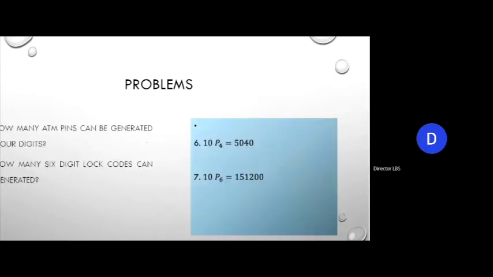Okay. Now this is important. This will let you understand the utility of these things. Look at question number 6. What does it say? How many ATM pins of 4 digits can be generated? Now, this is a very simple question. It is not given how many ATM numbers there are, but all of us know the digits are between 0 to 9. The ATM pins can be generated only out of 0 to 9, right? Out of 0 to 9, there are 10 digits, out of which I have to choose a pin of 4 digits. So the total possible pins generated are 5040. Everybody agrees with it? Is there any confusion? No, sir.